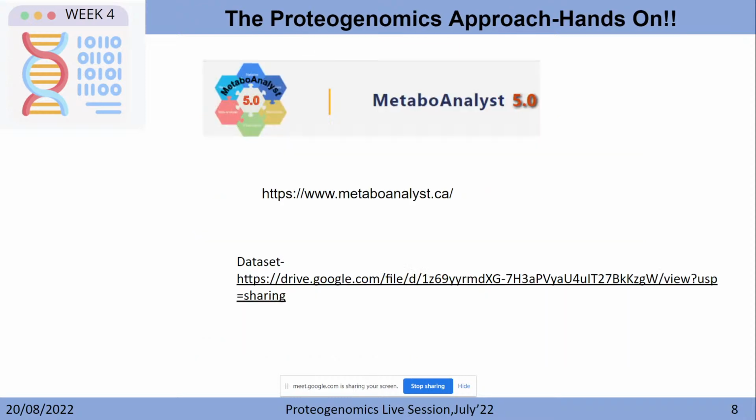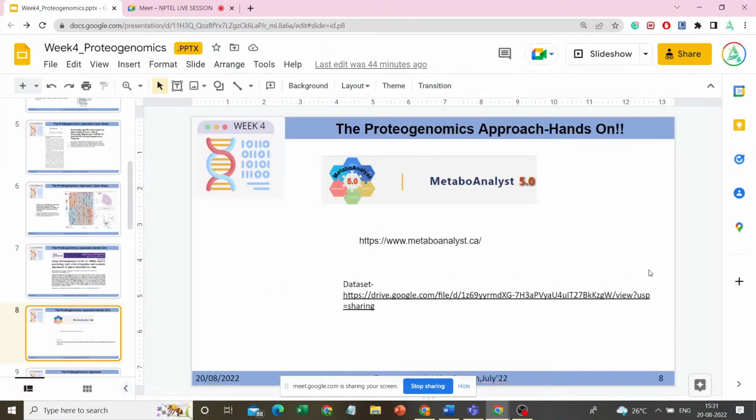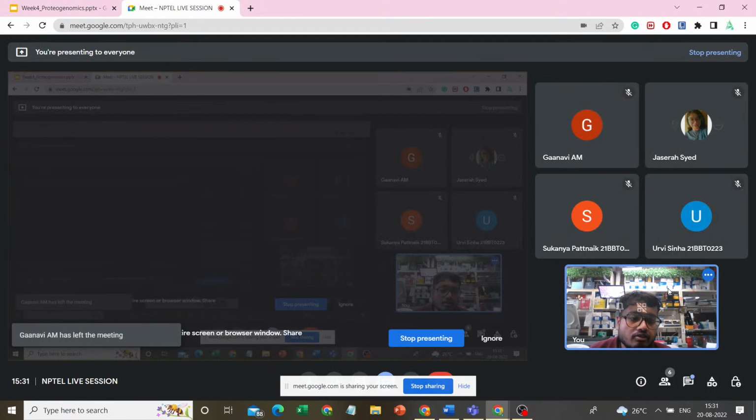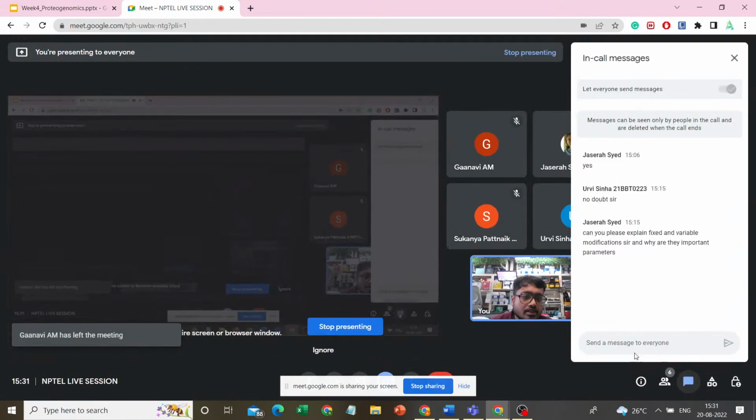Okay, so I'm pasting these two links, so I'll request you to go to them and also use these data sets to follow the steps that I am doing, and we'll do it side by side so that